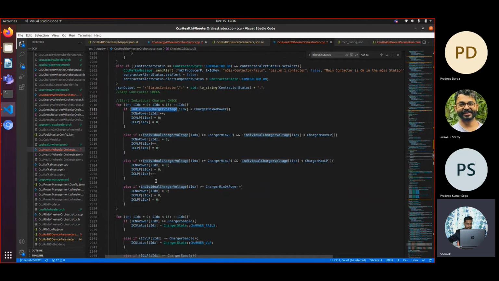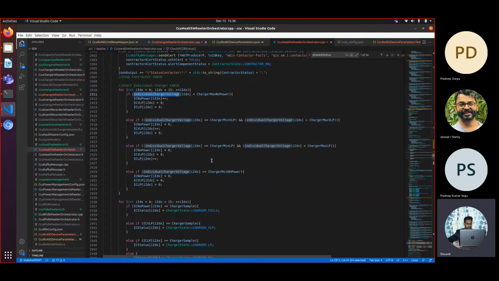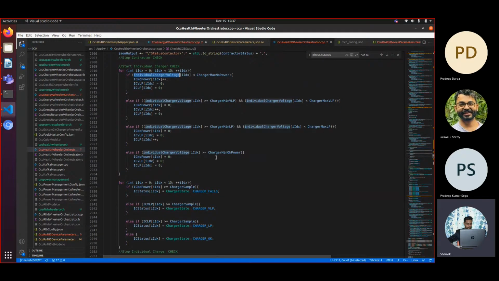If it is coming between 85 and 185, we are incrementing the individual charger low power counter by 1. Otherwise, if it is coming above 185, we are not doing anything. We are initializing every counter as 0.